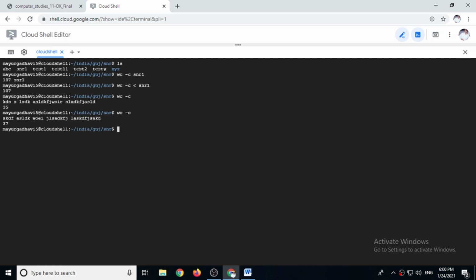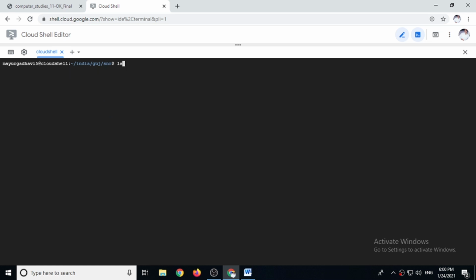Same way, we are using the ls command. When you press enter after giving the ls command, it shows output on screen. It is because we have not specified where to send the output. So if we have not specified, then automatically it will show you on screen.